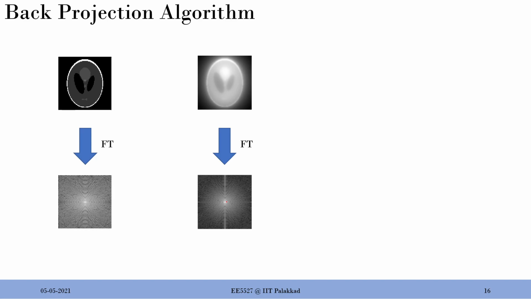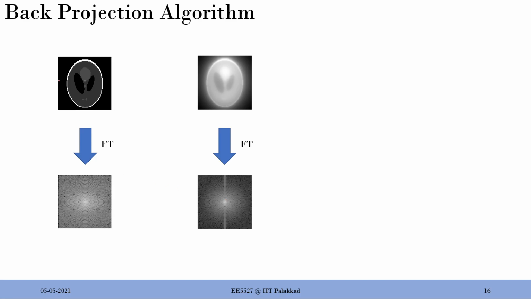The reason is, let me give a quick tip for those who didn't study image processing. Whenever you see an image, edges mean a sudden change in intensity, right? You have a smooth intensity, then you suddenly see a higher intensity, that means a sudden transition. It looks like a high frequency in the Fourier transform. Whenever there is a sudden change in intensity, that will be a high frequency. Whenever there is a lot of smooth variation in the image, that will look like a low frequency. So if you see over here, there is a lot of blurring, a lot of smoothness, that is actually increasing the strength at the low frequency. That is the major fact, right?